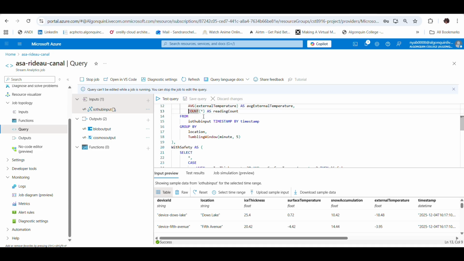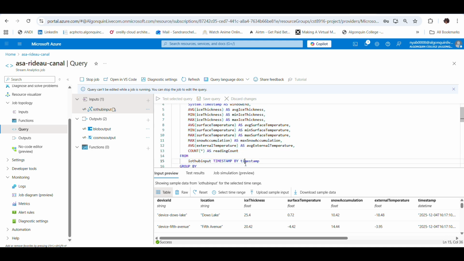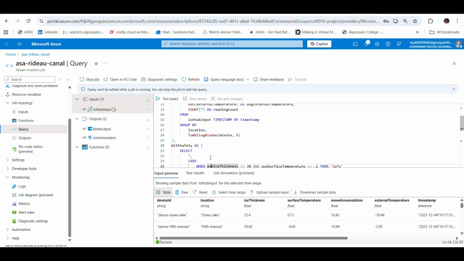For the Stream Analytics query, my query reads from IoT Hub and performs two outputs. One inserts processed values into Cosmos DB. The other archives the raw JSON files into Blob Storage. So it selects all the payload generated by the simulator from the IoT Hub input,